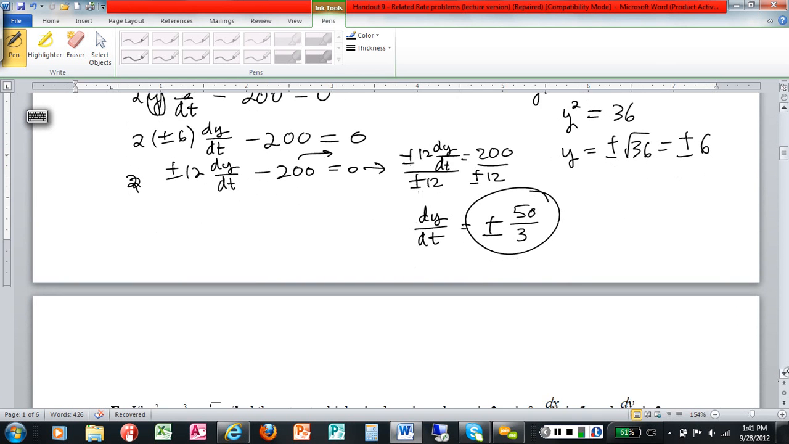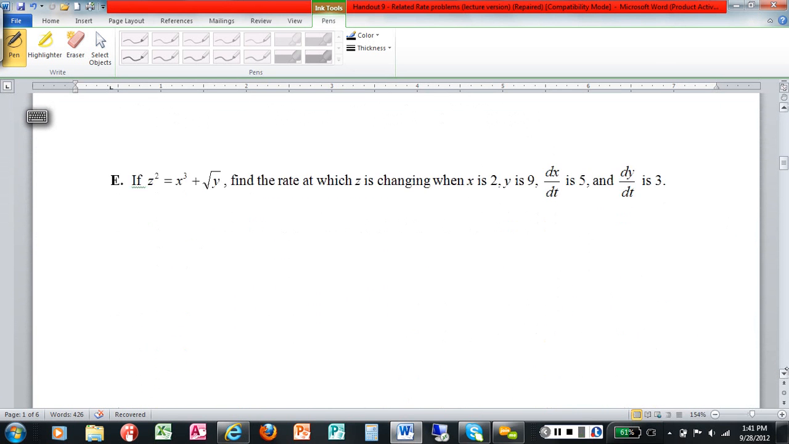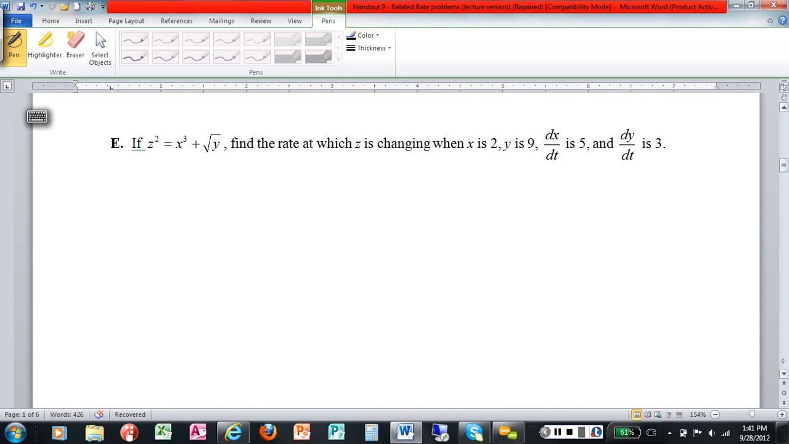All right, got one more, working our way up the chain here. If z squared equals x cubed plus the square root of y, find the rate at which z is changing when x is 2 and y is 9 and dx dt is 5 and dy dt is 3. Okay, just added a z into the mix. All right, so